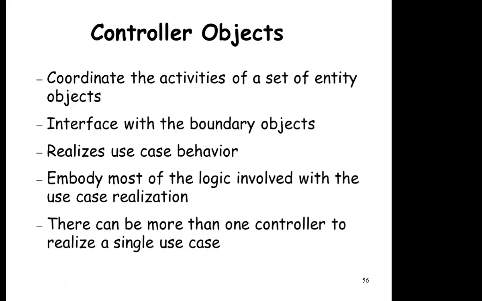So controller objects coordinate all the things. The main accountant, who is present in the account section where the whole record is present. All the cashiers have to report to that particular person. Whatever cash he collects, he submits or deposits to the main controller object, that is the accountant. The main thing is the overall behavior. So the interface is only done with the boundary objects, and all the internal processes are done with the help of the controller objects. So the controller object is the main object of any system. It coordinates all the activities of your system.